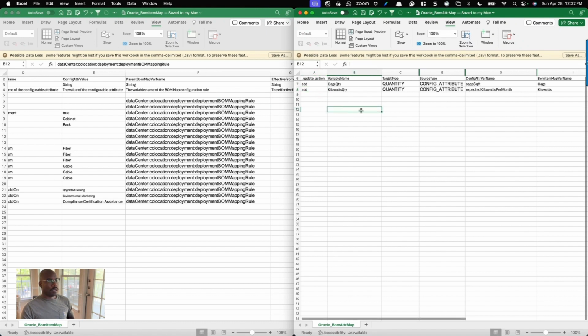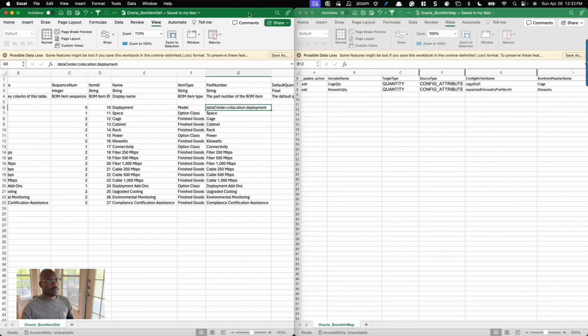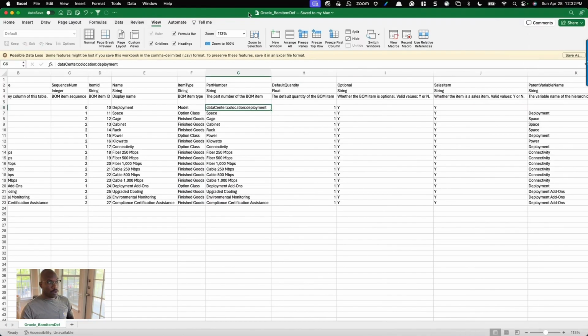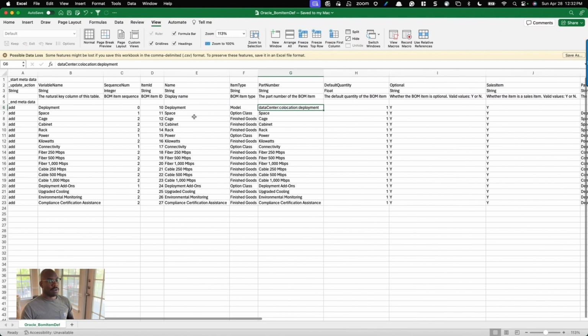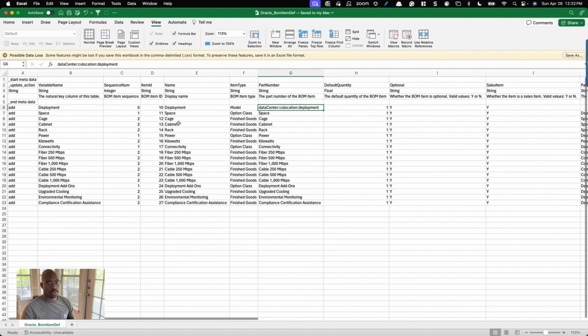Save them. And let's look at these tables again one by one. First, we have our item definition, the BOM item definition table. This holds the exploded structure. It has our variable name, our sequence number, which we're using as a BOM level, our item ID, the name,